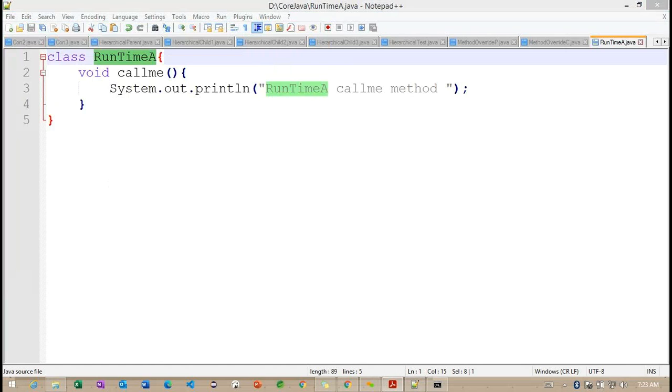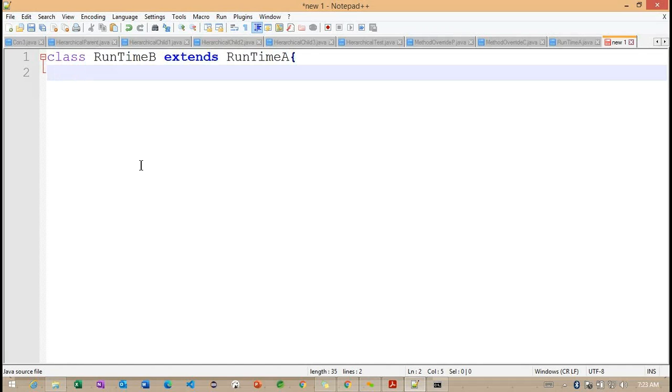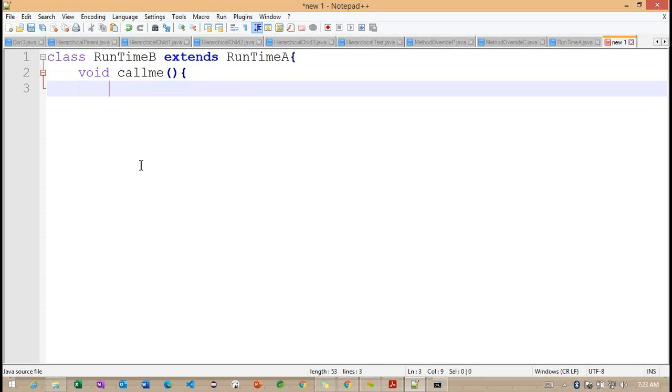And later, I'm creating one more class. This is runtime B, which extends our runtime A class here. And now the same method I'm defining inside runtime B, the call me method.